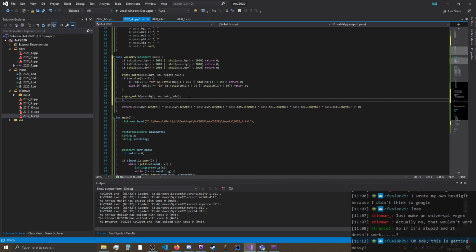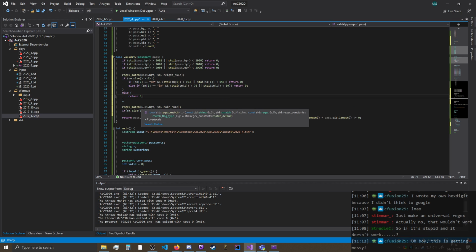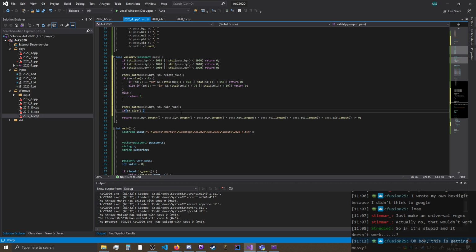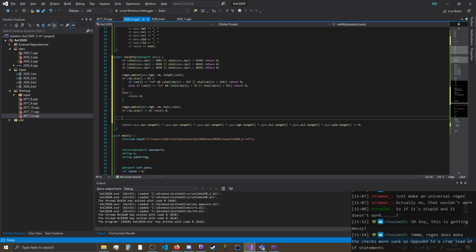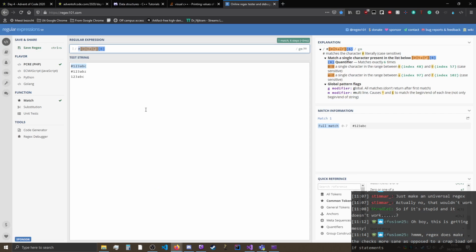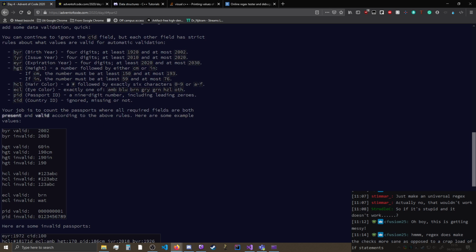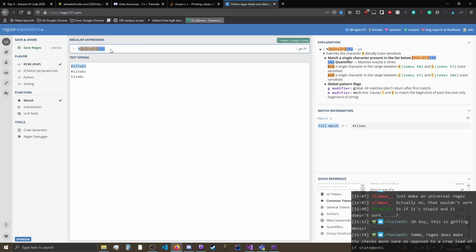So we just do hair rule. So we do if sm dot size is... oh yeah, so if it's not above 0, I also need to return 0. Like if it doesn't match at all. So if it's 0, return 0. Does make the checks more sane as opposed to a crap load of this. Yeah, exactly. That's why I'm doing it. Yeah, so here we can also do just